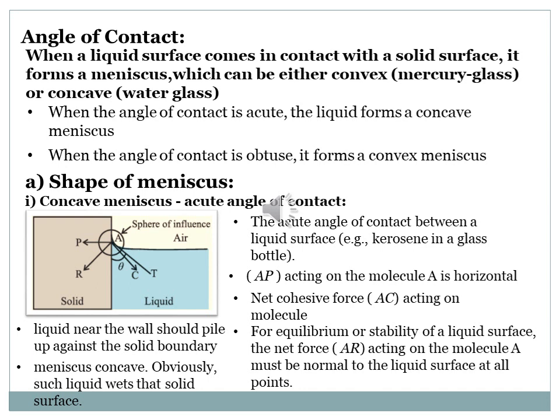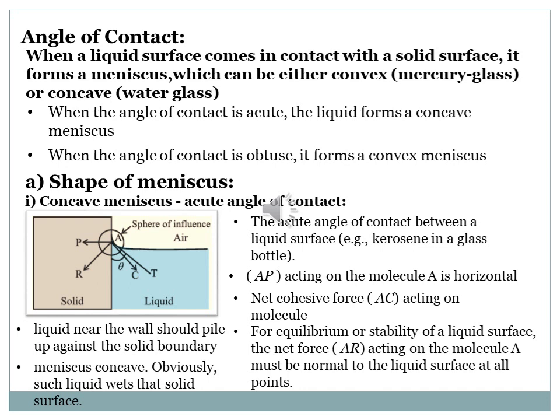Okay, we have already seen the relation between surface energy and surface tension in the earlier slide. Now let's move towards our next concept, which is angle of contact. As the word itself says, it is the angle when any two substances come in contact with each other. In this, we are going to consider two surfaces: one surface is liquid and another surface is solid. So when the liquid surface comes in contact with the solid surface, it forms a meniscus.